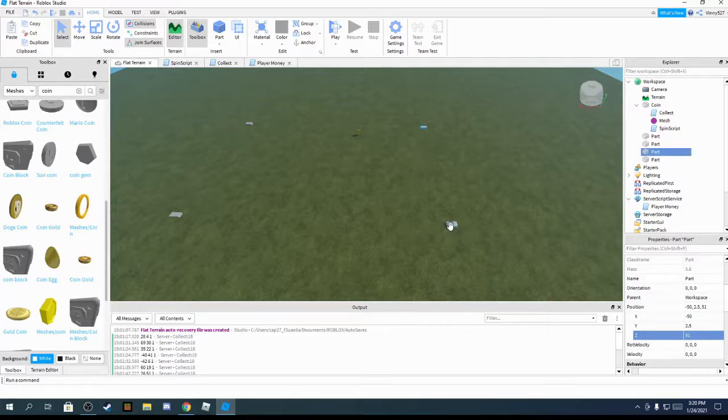So we have -60 to 70, and then -17 to 51. Those numbers I have to write down and put off to the side, and I'll tell you why later. It's going to be in my script. But now that we got a rectangle, we got a coin, first thing we need to do is make a